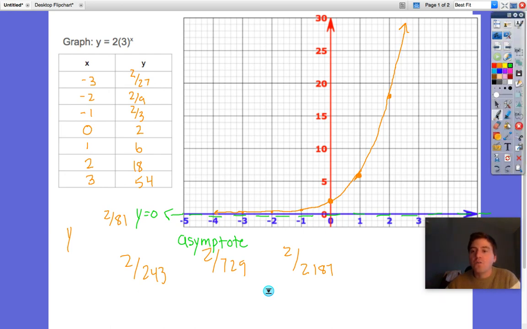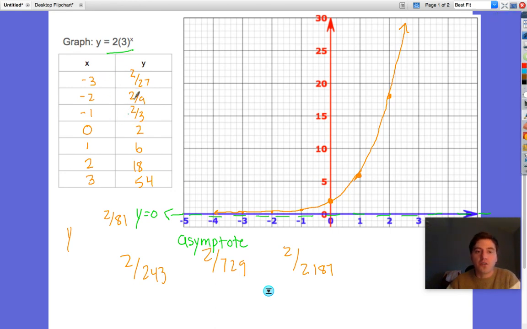And that's how you would graph an exponential in this form. We're just going to create a table of values. We'll start here at zero. We'll go a few in this direction and a few in this direction. We'll get the general shape. We'll determine if there's an asymptote somewhere and put a dotted line where that exists. Send this curve off in this direction, and then send this curve towards the asymptote in the other direction. And there you